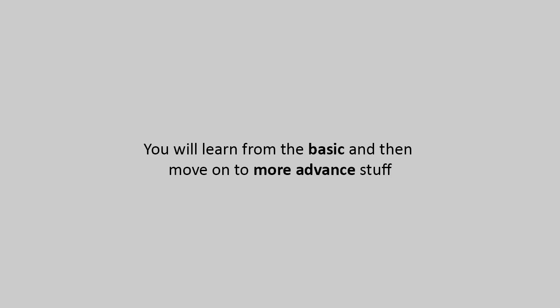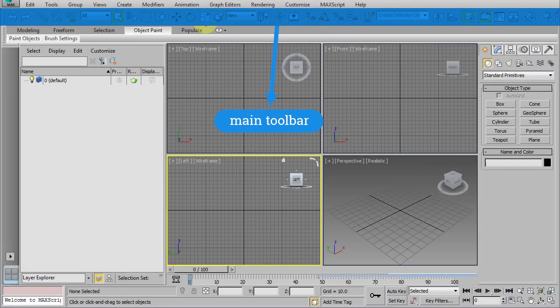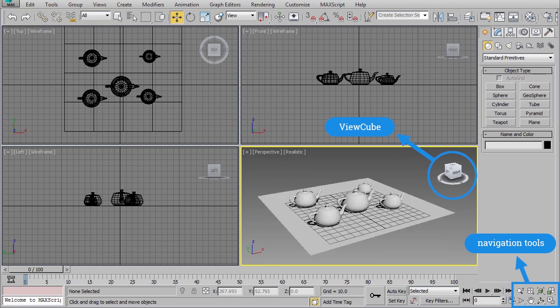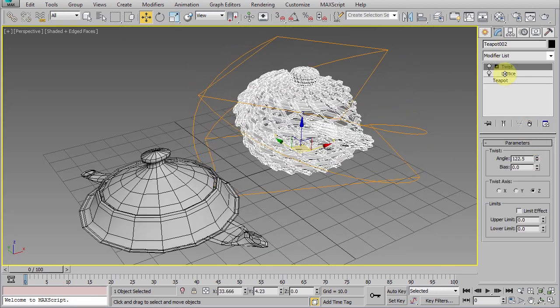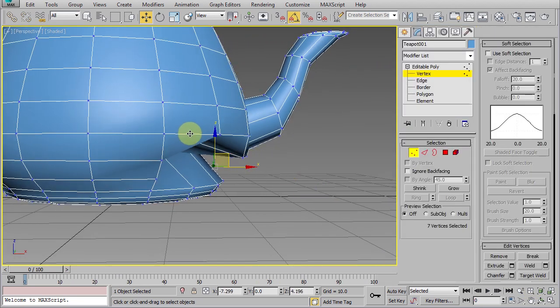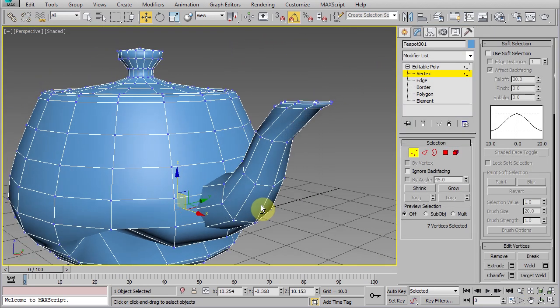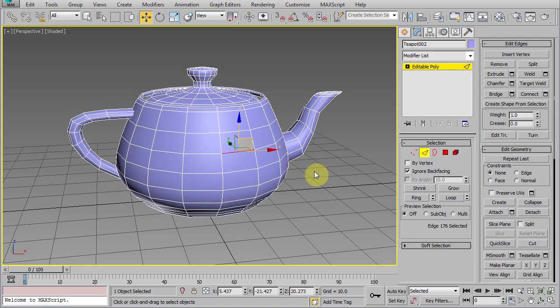Okay? In this online course, we're going to cover the essential stuff of using 3ds Max and then move on to the more advanced stuff. So, if you never used 3ds Max before, this course is designed for you. We will start in learning the 3ds Max user interface, how to navigate the viewport, creating and manipulating objects in terms of transformation and deformation using modifier. We're going to learn the difference between primitive versus editable objects. We're going to reveal the important concepts of 3D software in general and those that are specific to 3ds Max.